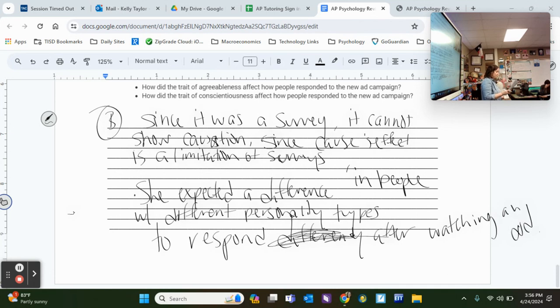Use the graph to answer the following questions. Don't use what you think would happen in real life. Use the actual information from the graph to answer those two questions. Talk with a friend. People with agreeableness are less